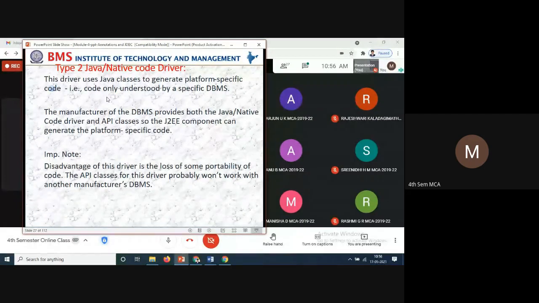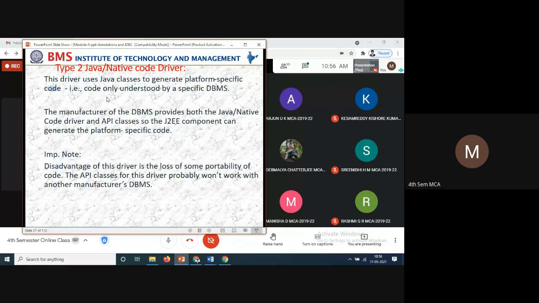So the components can generate the platform specific code. Manufacturers also provide some specific code, which I will show you when I'm giving the connections. That means we can execute directly like SQL, which you have done, and also through programming. That is the difference we can see.